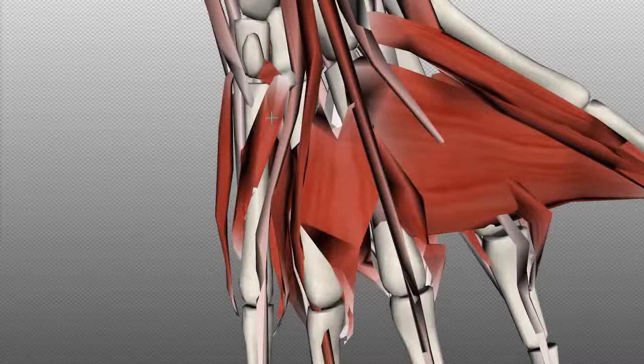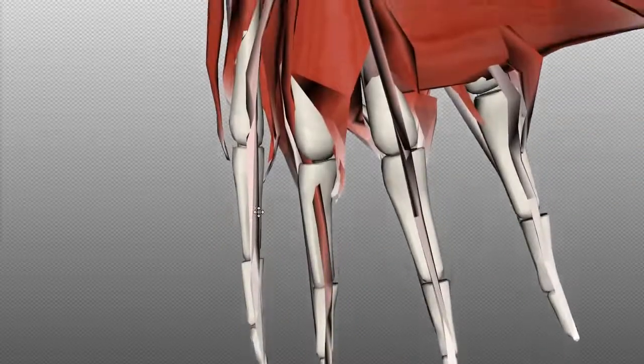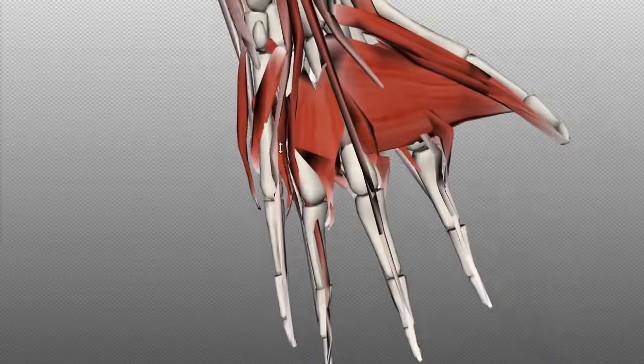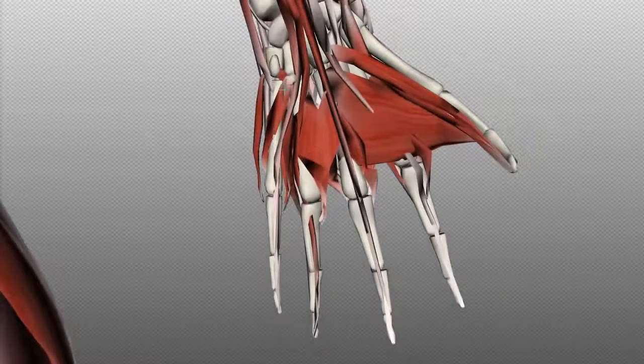This is the opponens digiti minimi. So this also originates on the hook of the hamate and the flexor retinaculum, and then it inserts onto the medial aspect. So you can see it inserting medially on this fifth metacarpal. So what this muscle does is that it laterally rotates the fifth metacarpal, so the little finger. So those are the three muscles of the